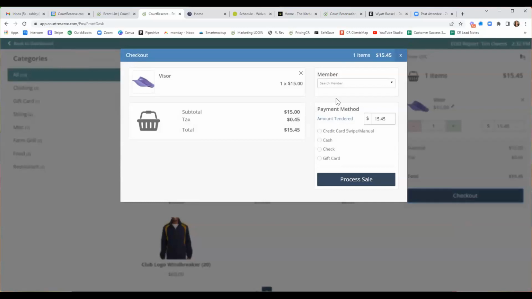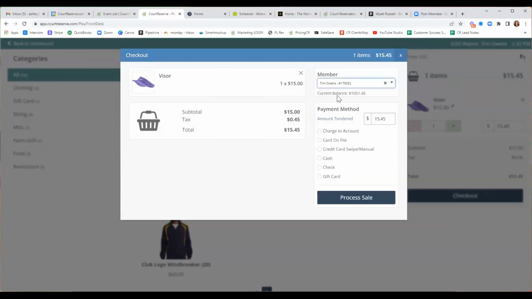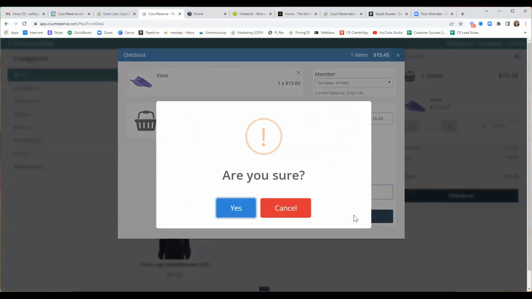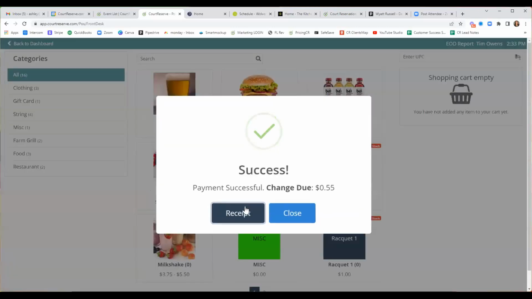So maybe your pro shop is separate from your front desk. You can have member house charge accounts where members can put things on a house account. You can swipe credit cards. You can take cash or check. So if we go ahead and tender this out with $16 in cash, then again, this is easily integratable into